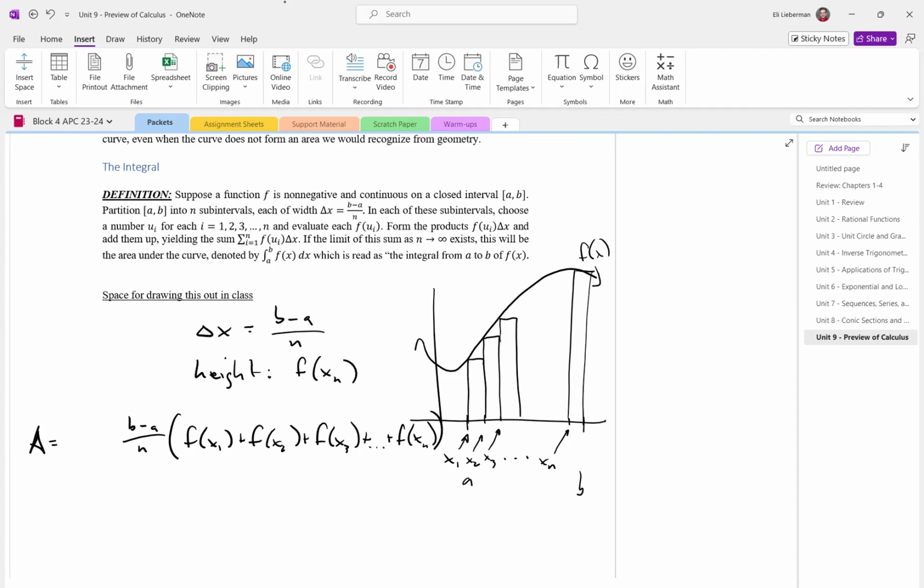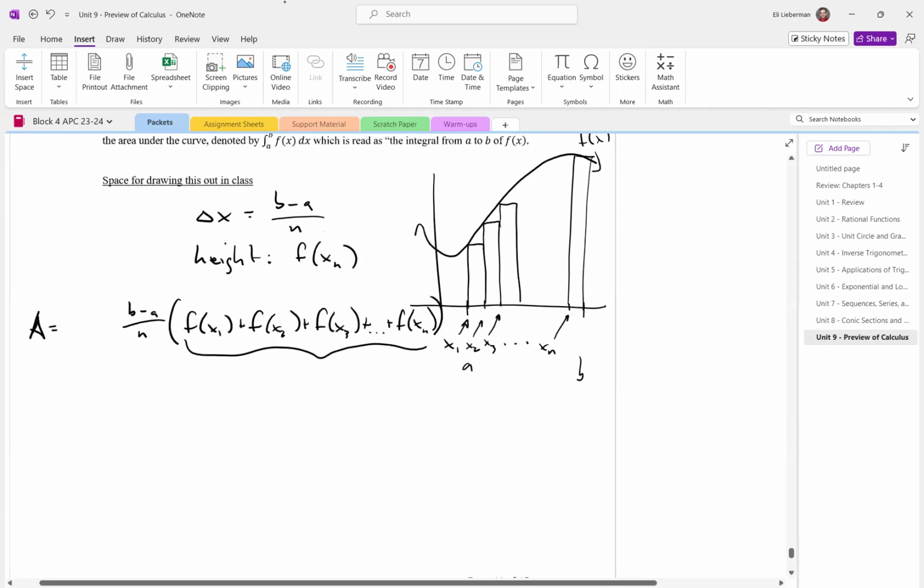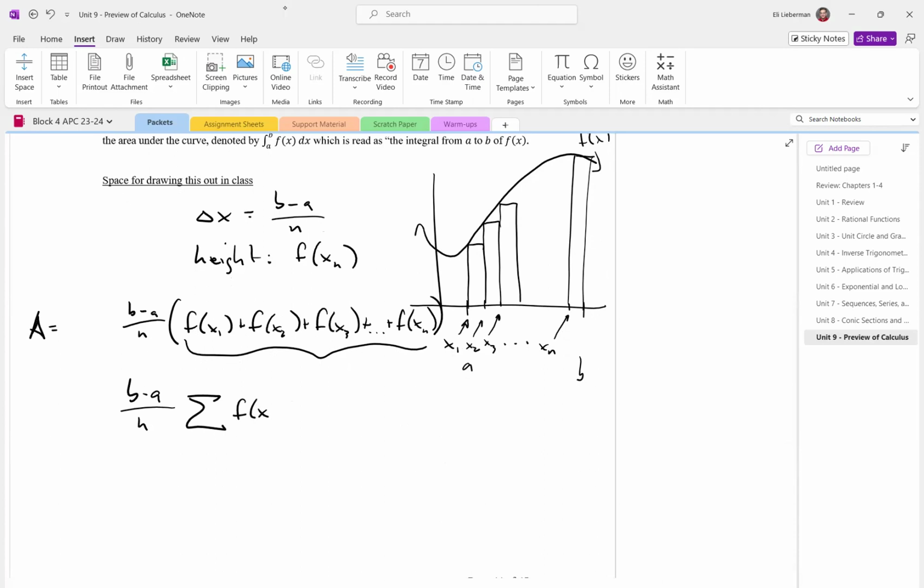And I'm trying to think in my toolbox, is there a way to consolidate this right here? Yeah, let's use some summation notation for that. So b minus a over n. Got that sigma going, and now it's going to be f of x sub k. I'm going to use k here, and k is going to start with 1 and go up to n. So this represents all the rectangles, and now I'm going to use our new tool from this unit, not this section, but this unit, and take the limit